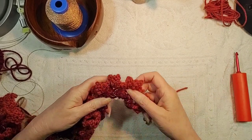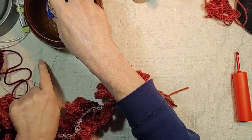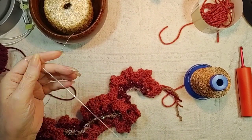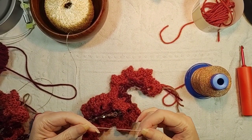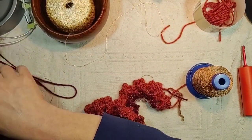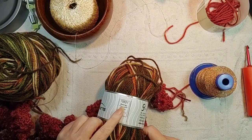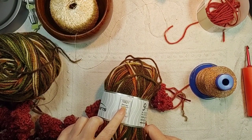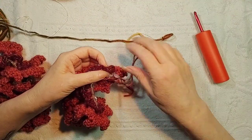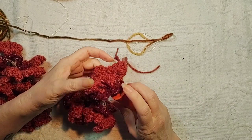Now, I'm not an advocate for hiding your ends before you're finished your project. I'm just not a fan of that. But this is a paillette, as they call it, or a sequins. I'm going to mix that with this yarn. It's called Belknap 79821. I'm ready to crochet into the back of this